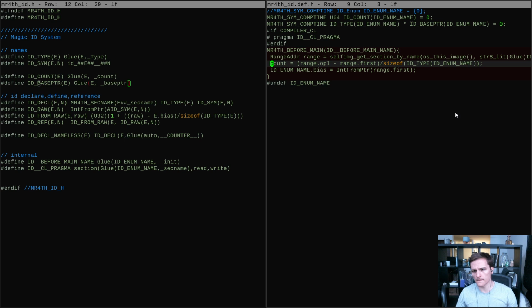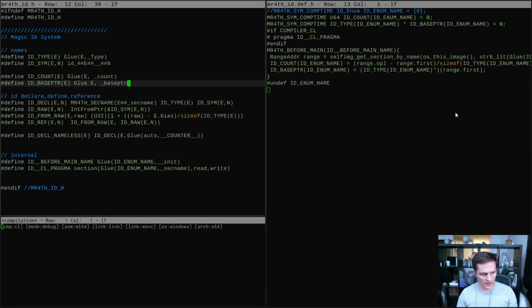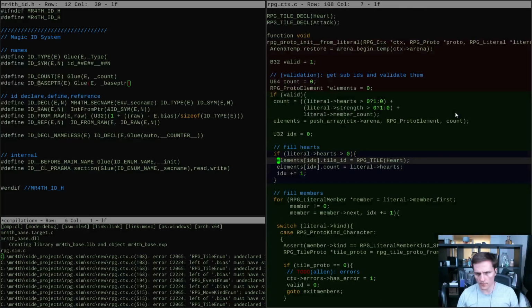and right here we access them through those macros. There and there. We're not going to cast it to an int. We're just going to cast it to its type. ID enum name pointer range dot first. So that just goes there. If we do things that way, a little bit of the code's going to break, but